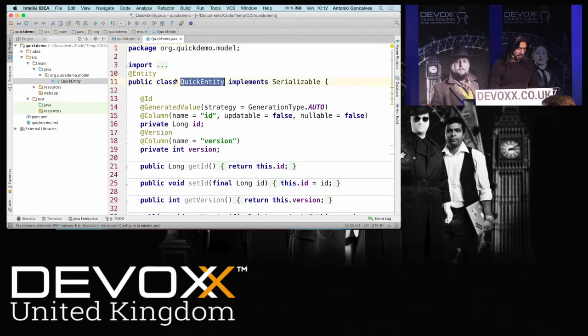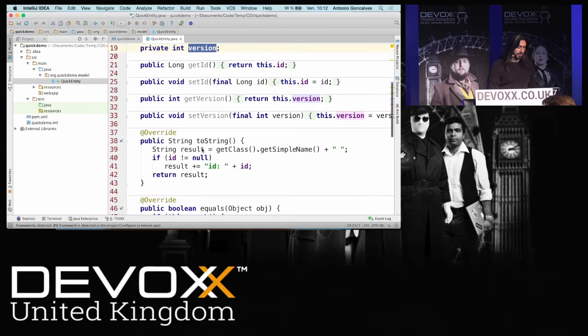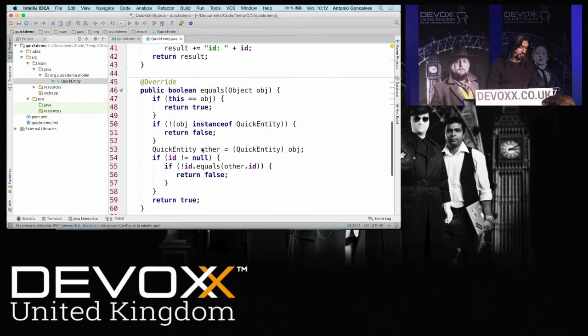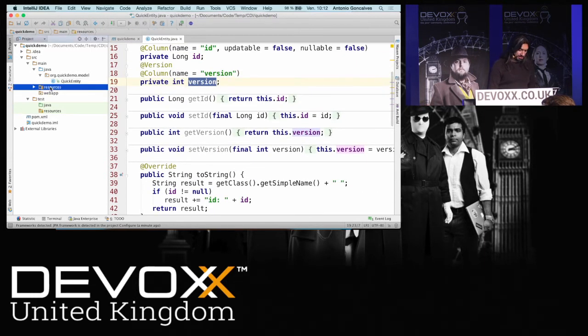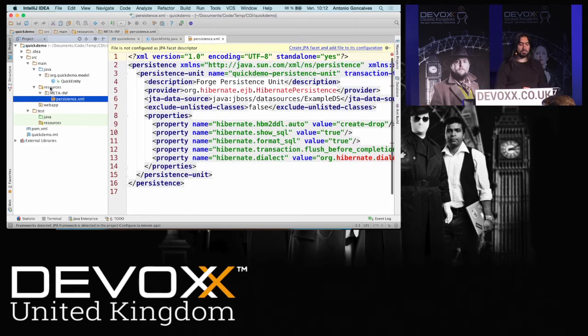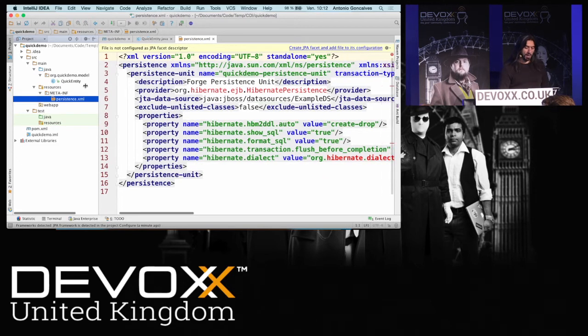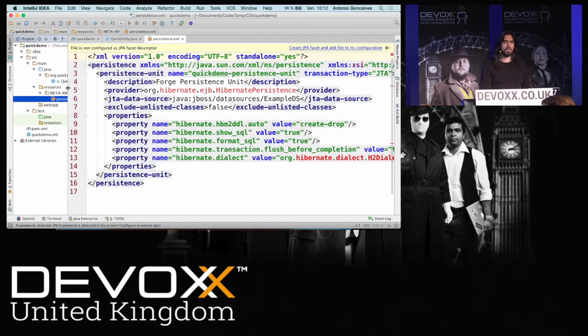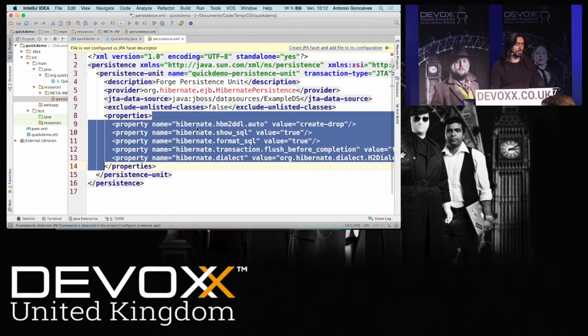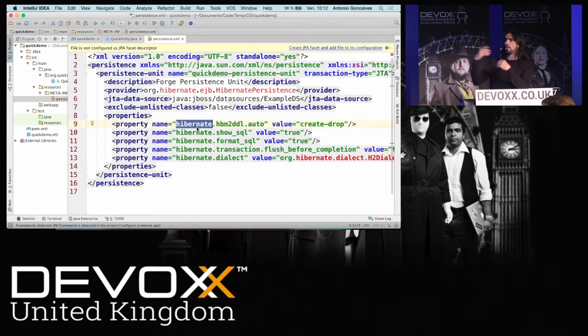And as you can see, in my entity there's already an ID, a version, getters, setters, the toString, hash code, and there's even a persistence XML. By default, it's Hibernate, so it's using the Hibernate properties. If I had installed Eclipse Link, it would have been Eclipse Link properties.